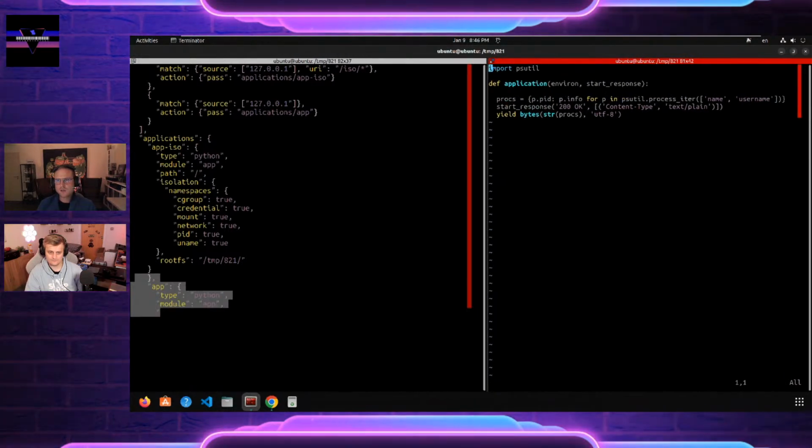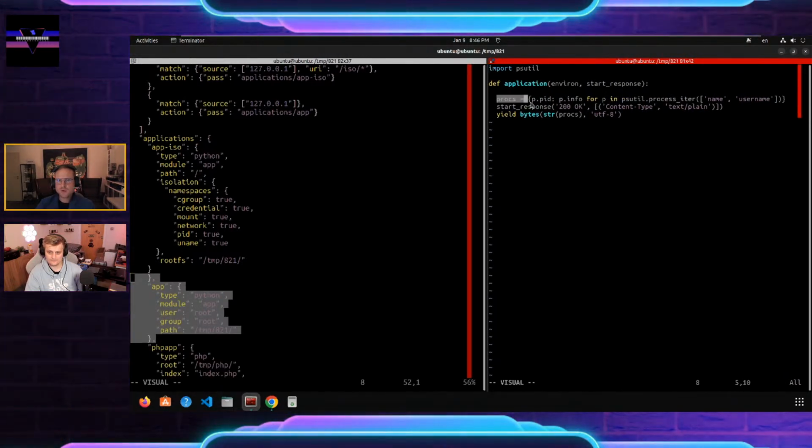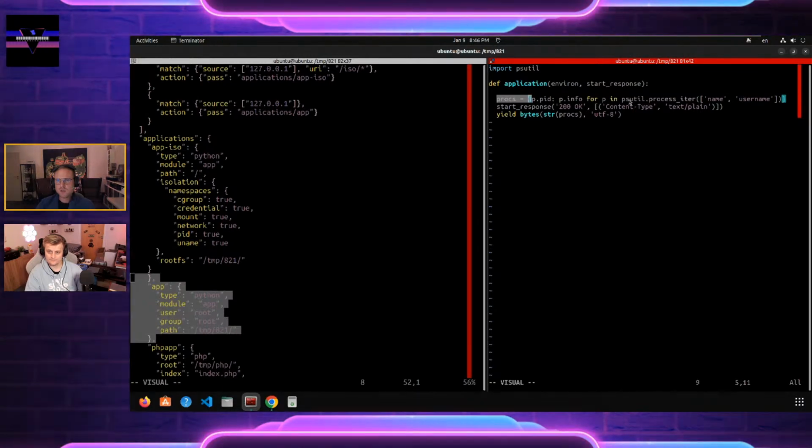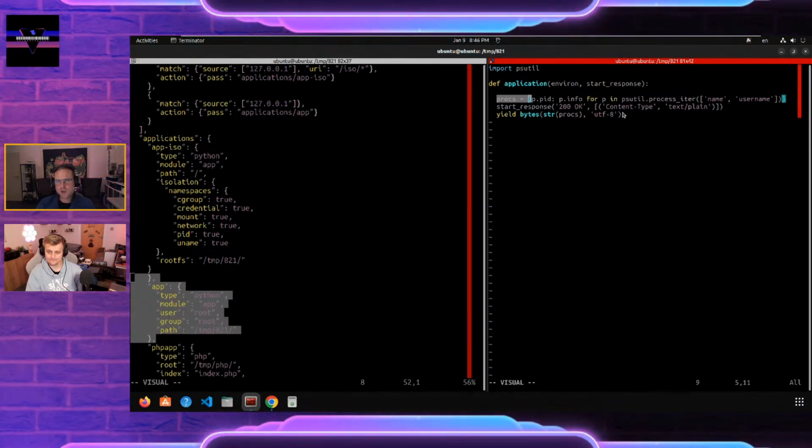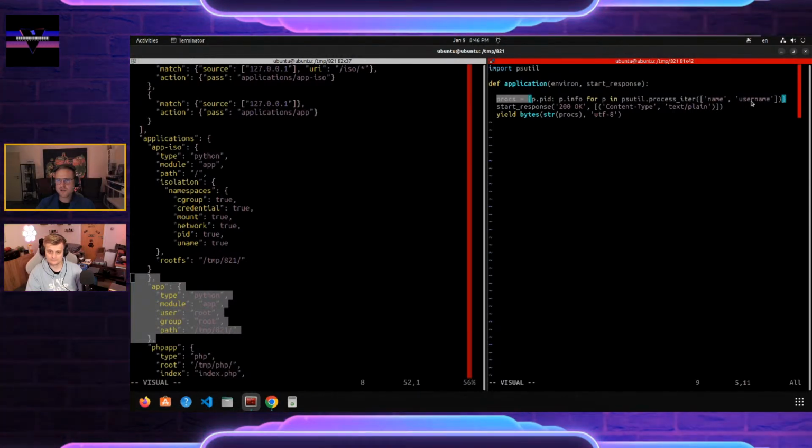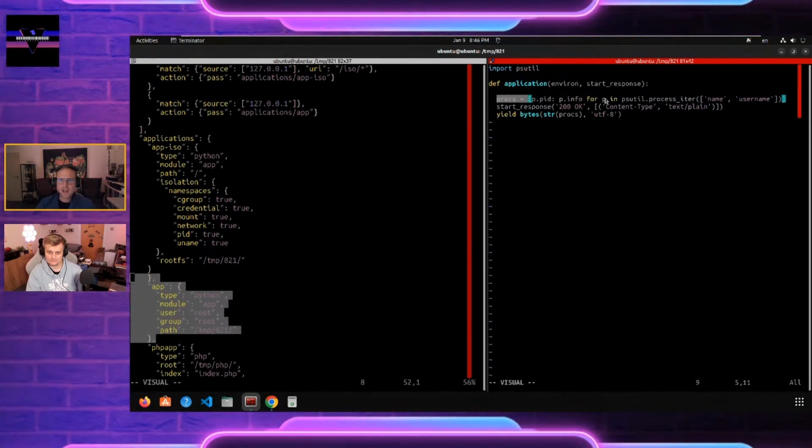It's reading the processes using psutil and just printing a very ugly list of the process names and the username, the owner of the process. Well, pretty hacky, but